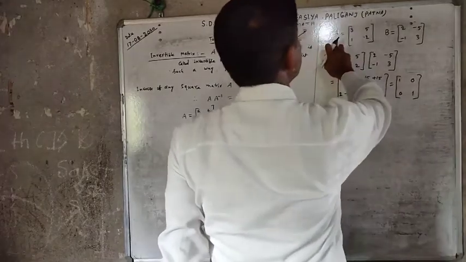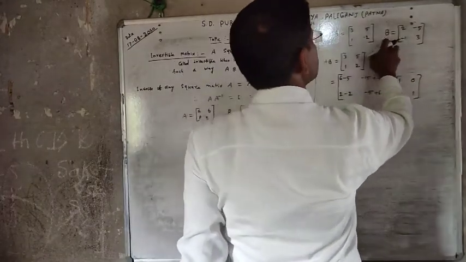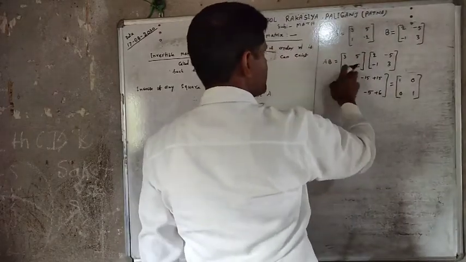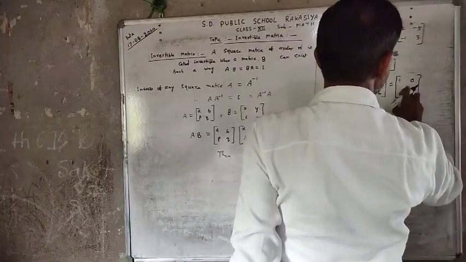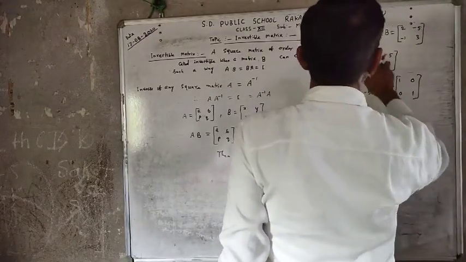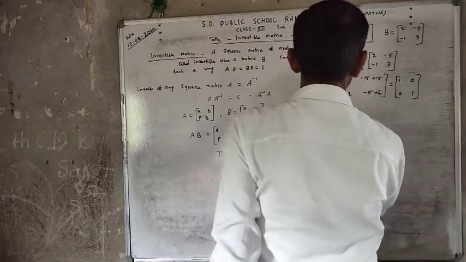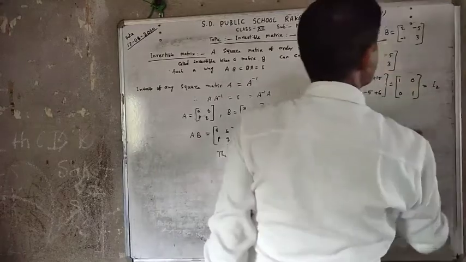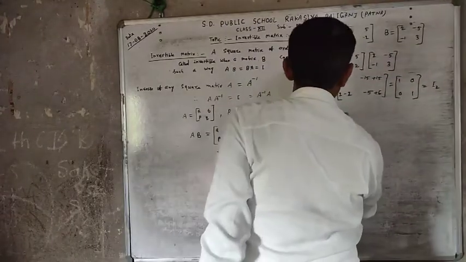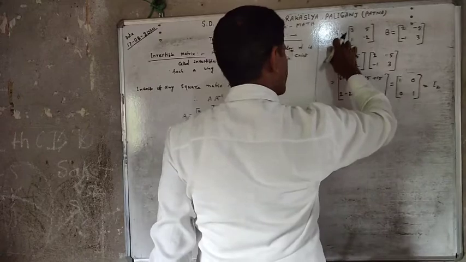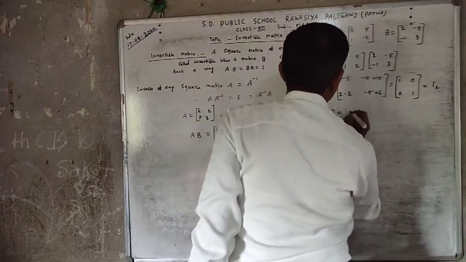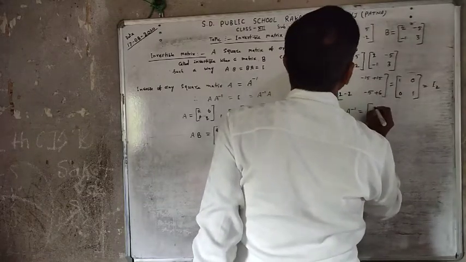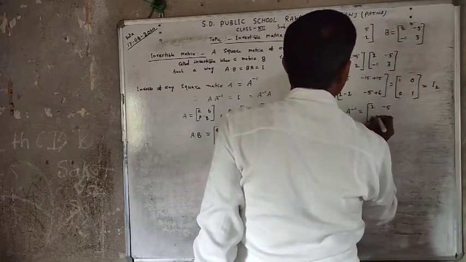We are given a matrix A of order 2 and matrix B of the same order, and AB is an identity matrix of order 2, the order of A. Hence A into B is equal to the identity matrix I2. Therefore, B is the inverse of A, and B is equal to A inverse, equal to 2, minus 5 and minus 1, 3.